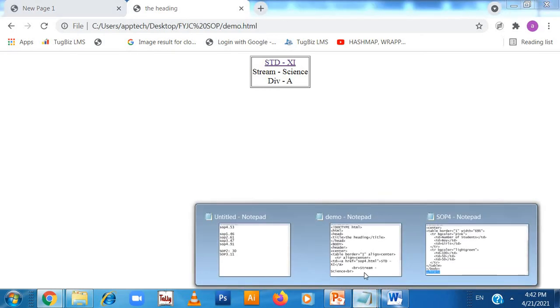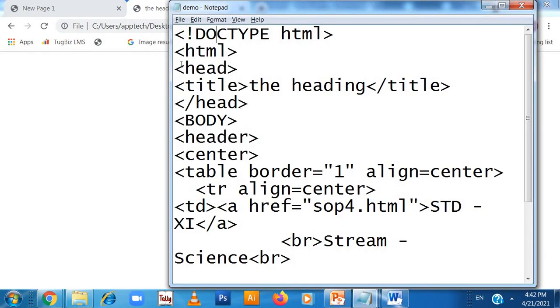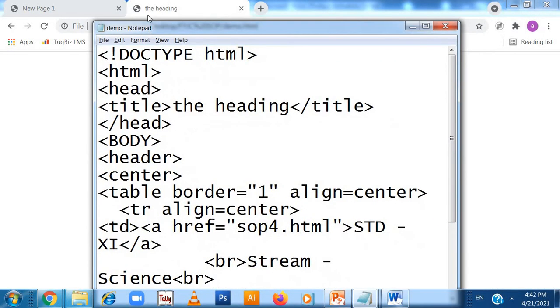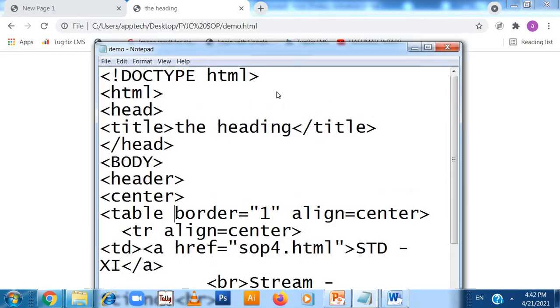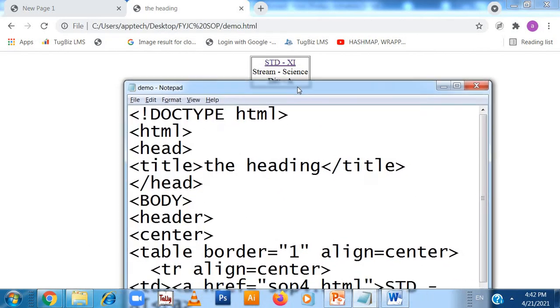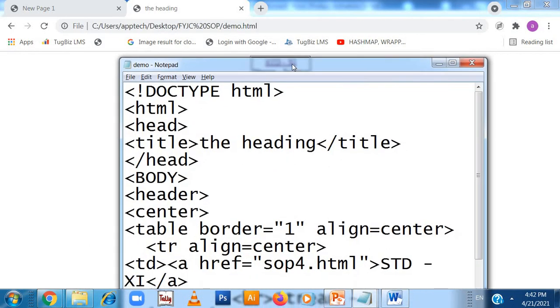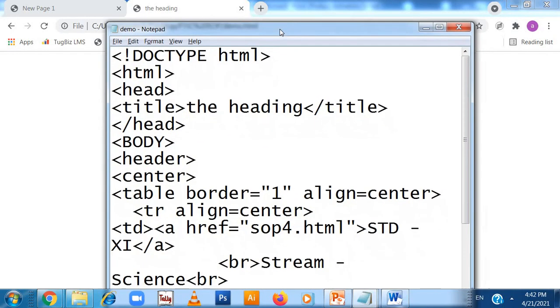See the coding. Doc type HTML, head open, title the heading. You can see the heading is written over here. Body tag open, header, and in center what I am writing over here, table border is 1, align is equal to center, table row align is also center. You can see everything is in the center, including the header, table row, and table border.